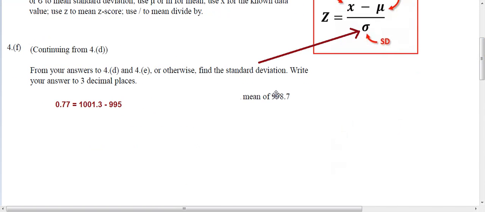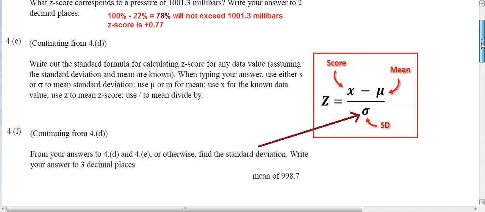Let's start over. The z-score 0.77 is going to be equal to 1001.3 minus the mean 998.7,